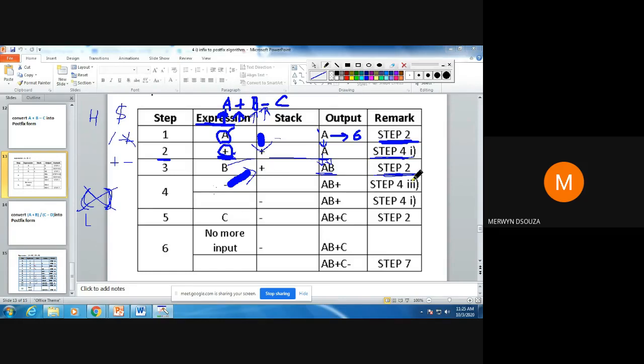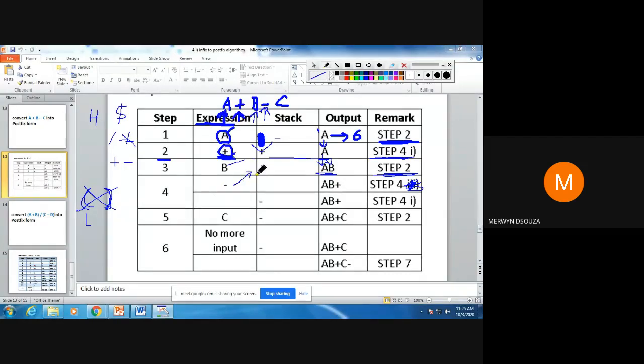By mistake I have written it here, so this is not step 4.3. I cannot perform step 4.3 here. Why? Because minus is not having a higher priority than what is there on the top of the stack. Got it? So I will have to go to the next one, that is step 4.4.